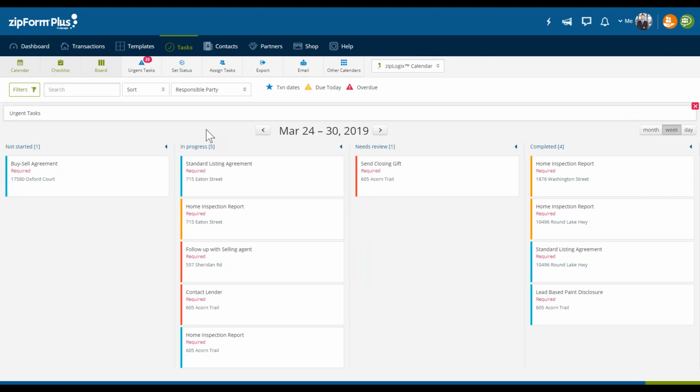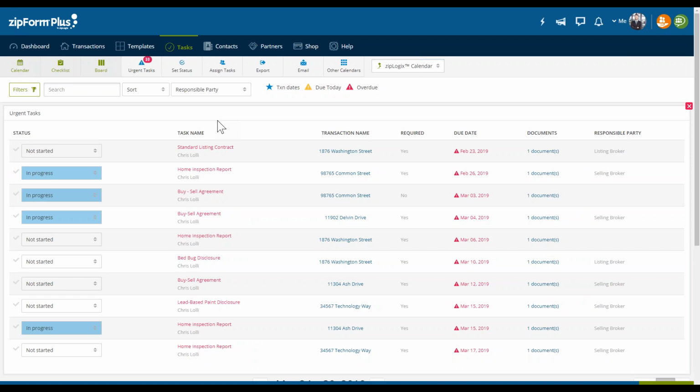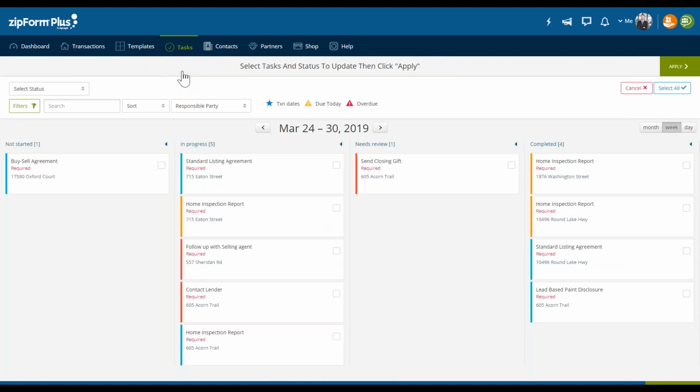Okay, so we saw that we had some overdue tasks. I can simply click on those urgent tasks and say, for example, I know that these are completed or they are still in progress, and I just need to change the status. Well, one of the newer features we have is the ability to set status to multiple items at any point in time, where we can select one of those. We have in progress here.